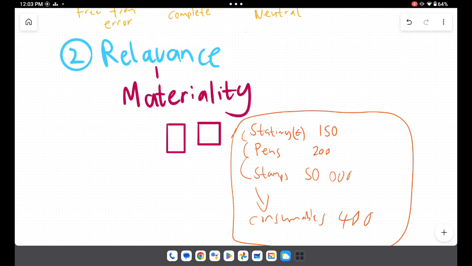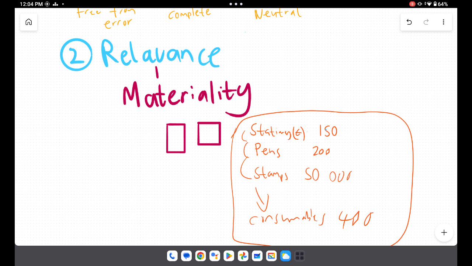Also, sometimes they give you a question. They say you have 5 rand worth of stationery. Will this be an expense or an asset? Some may say expense or an asset, but according to this conceptual framework, materiality, you can have it either way. Because if it's an asset, it won't affect people who are decision makers. If it's an expense, it won't affect people who are decision makers, right?